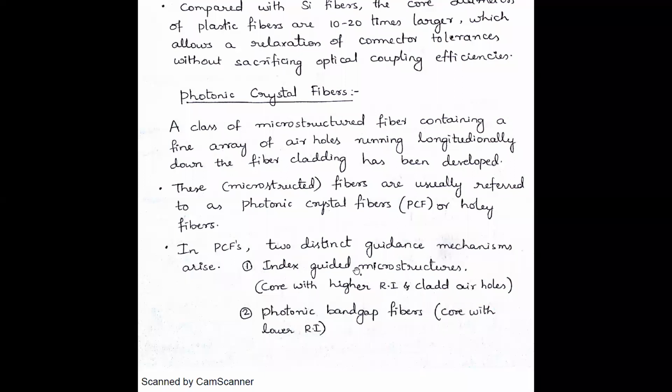This is the first type of photonic crystal fiber, index guided microstructure. The second is photonic band gap fibers, in which the core will have the low refractive index, and cladding will have the higher refractive index, and the core is filled with air holes. Or we also have other combination where core is filled with the solid silica of